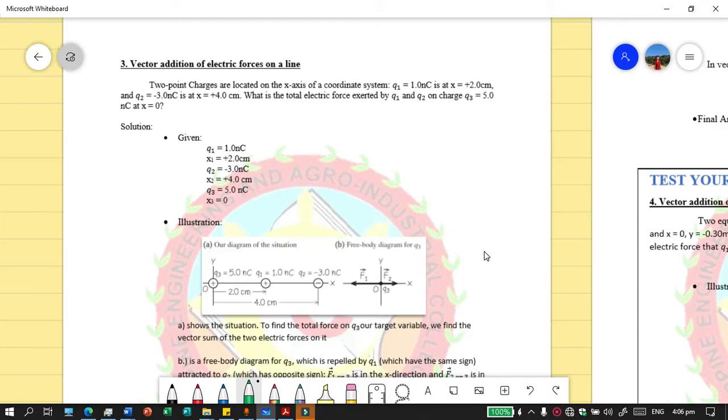Notice here na force 1 on 3 is going towards the opposite direction. Bakit kaya? Because they will be pushing each other. So, force 1 on 3 is a repulsive force. Okay? Samantalang dito naman sa charge 2 natin, since it is negative and Q3 is positive, they will have an attractive force. So, Q2 will be attracting Q3. So that is why ito ngayon yung free body diagram natin. Okay? So now let's proceed with